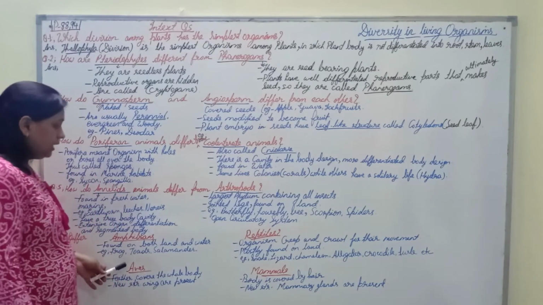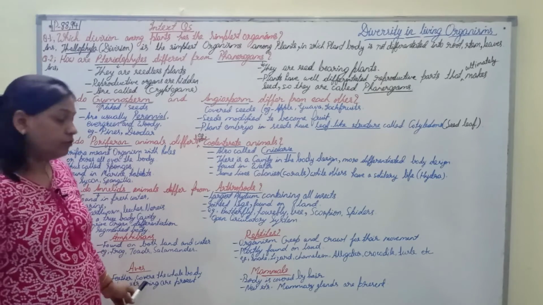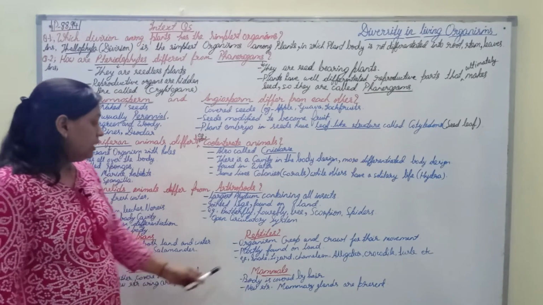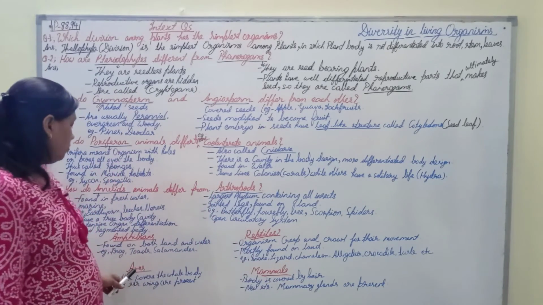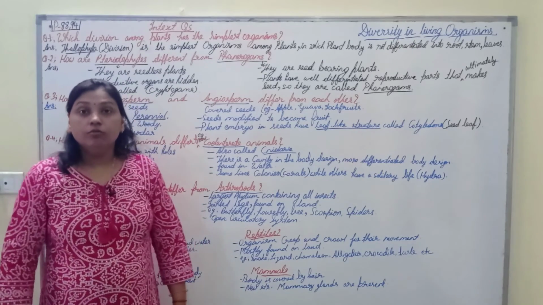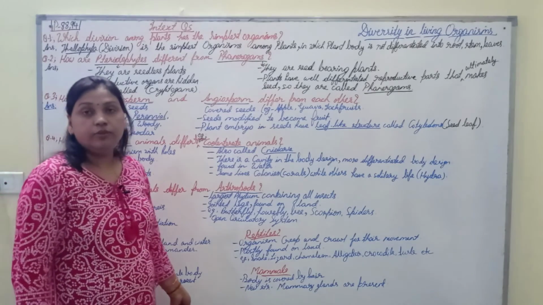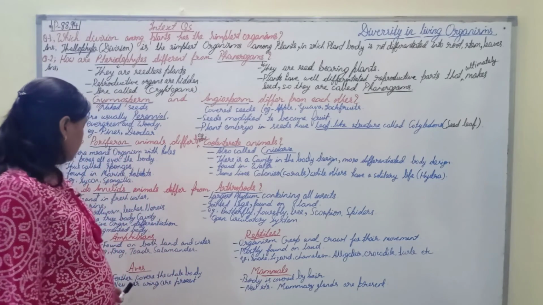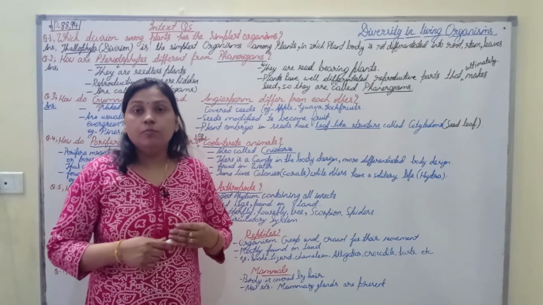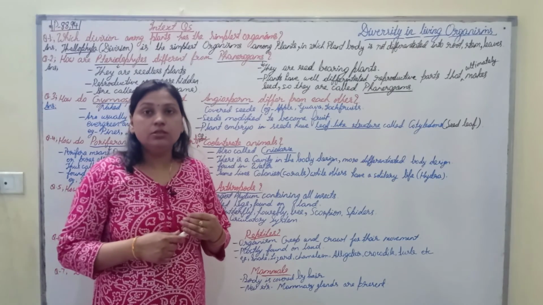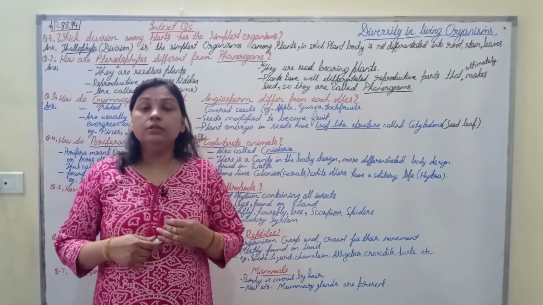Next is difference between aves and mammals. In case of aves, the body is covered by feathers, while in case of mammals, the body is covered by hair. A new structure found in aves is wings. Presence of wings is the new characteristic of aves, while the mammals have a new structure called mammary glands. Mammary glands are present in case of mammals. These glands produce milk to nurture the young ones.